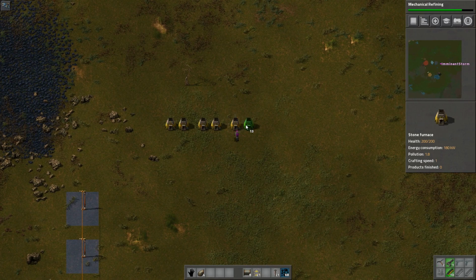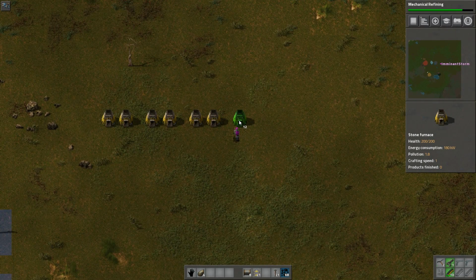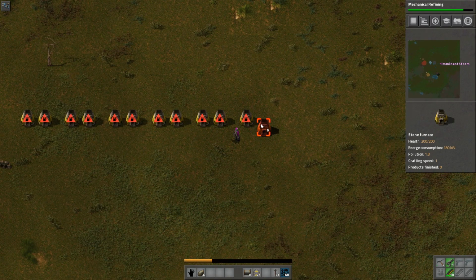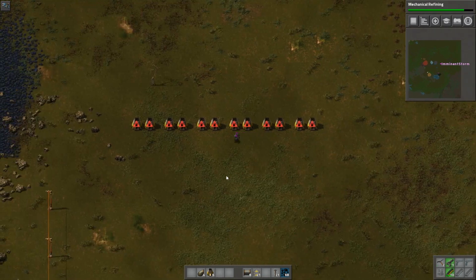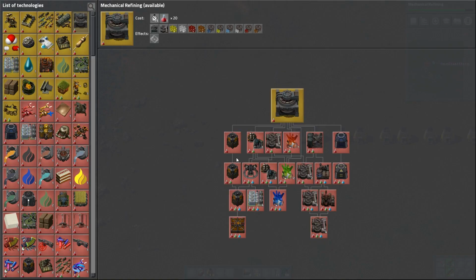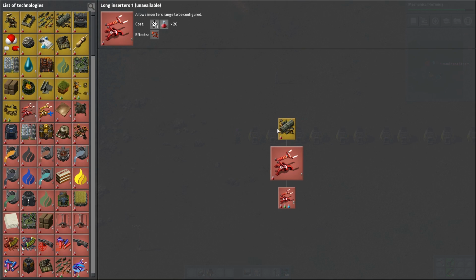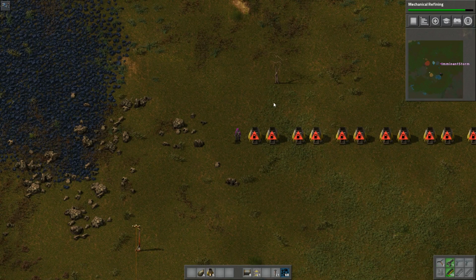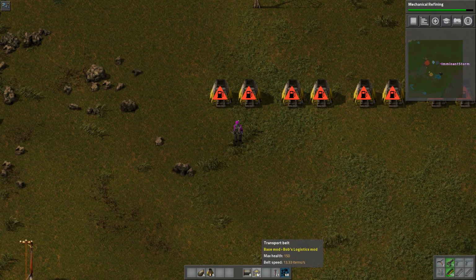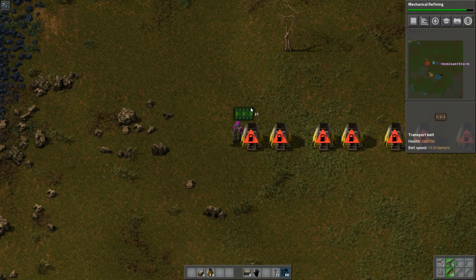So 4, 6, 8, 10, 12 to get started. Oh, there is one other thing I am going to need. I need long inserters, which I need logistics for, in order to make this work. Because what I'm going to do is we're going to bring